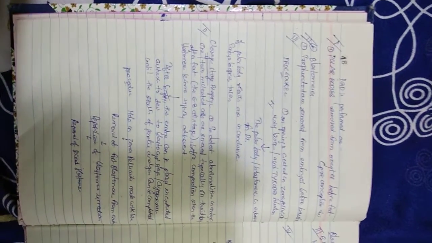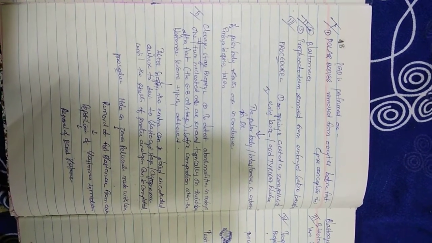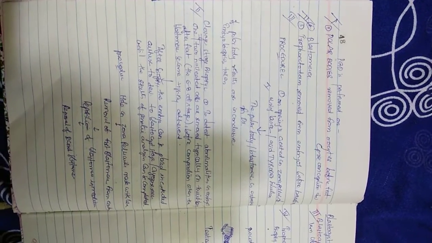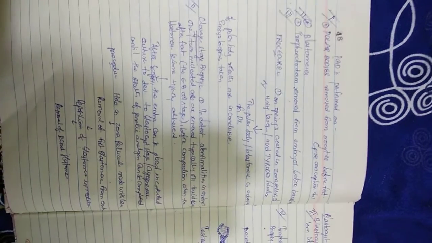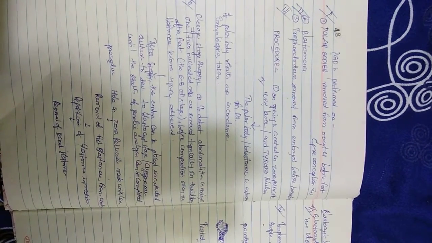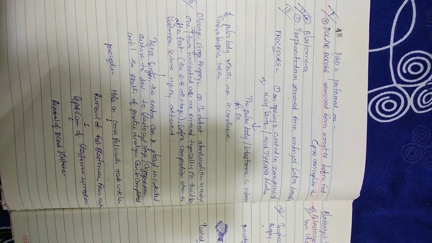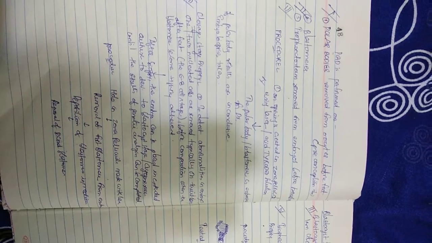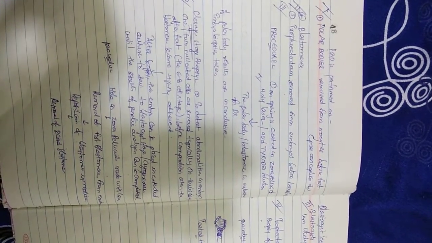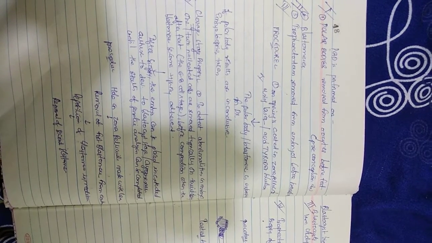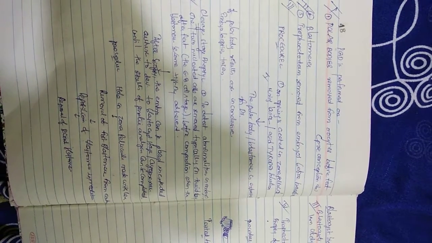Cleavage stage biopsy. To detect abnormalities in the embryo, one or two nucleated cells are removed, typically on the third day after fertilization, at the 6 to 8 cell stage before compaction, when the blastomeres become tightly adherent. After biopsy, the embryo can be placed in extended culture to develop to the blastocyst stage, or cryopreserved until the results of genetic analysis are completed. Procedure: a hole in the zona pellucida is made with a laser, the first blastomere is removed from the embryo and repositioned in the medium, then the second blastomere is removed.